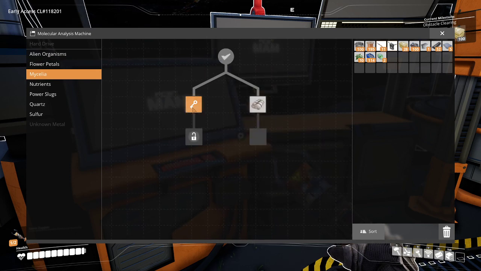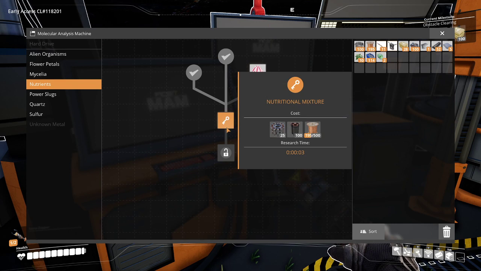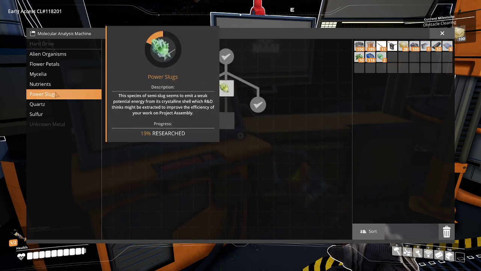Unimportant. Oh no, we did that. We need more to do these things. I still need to find that. I guess this can't afford. This has stuff I don't have. That needs more